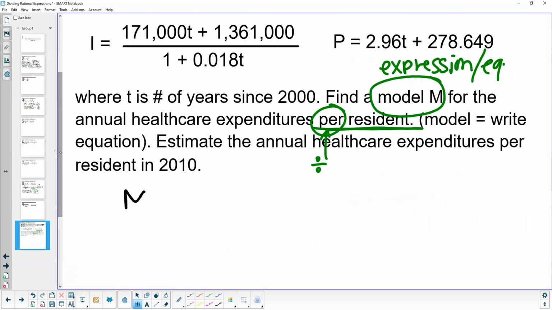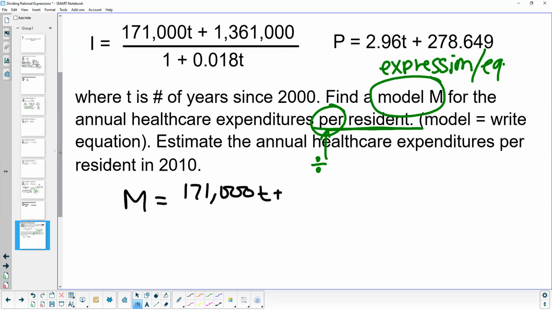Our model, if you think of it this way: I want to figure out the healthcare expenditures per resident. So am I going to take the number of residents and divide it by the healthcare expenditures? No, because that would be the number of residents per dollar. Instead, we're going to do it the other way. We're going to take the amount of income that we get in healthcare expenditures,